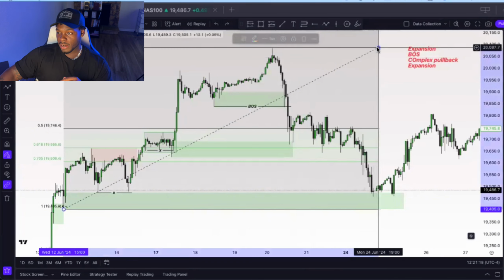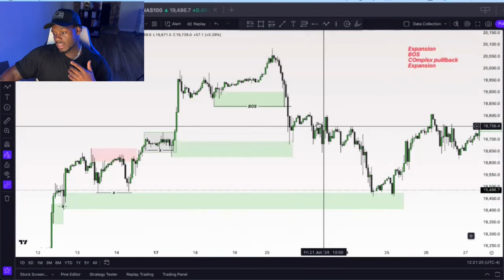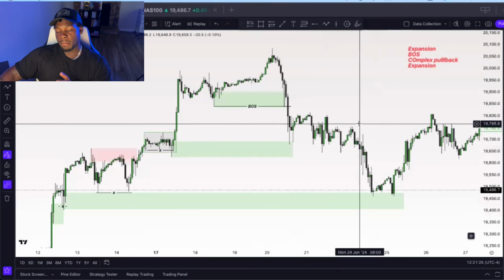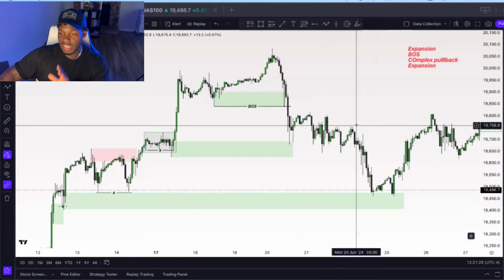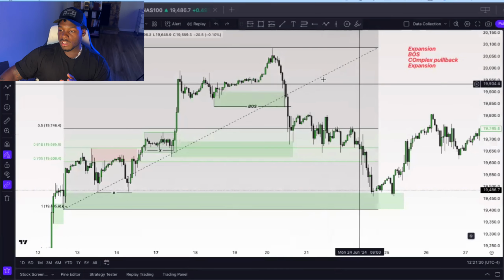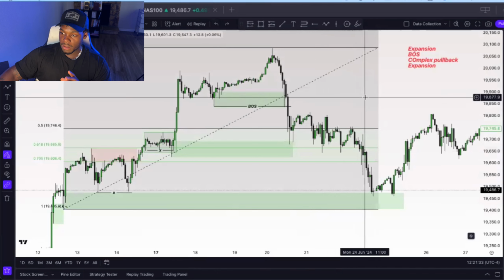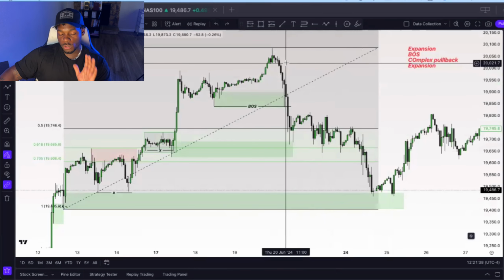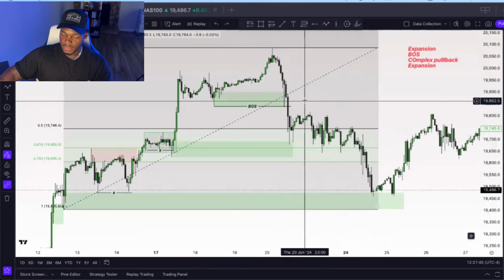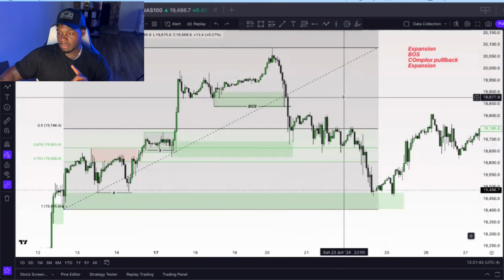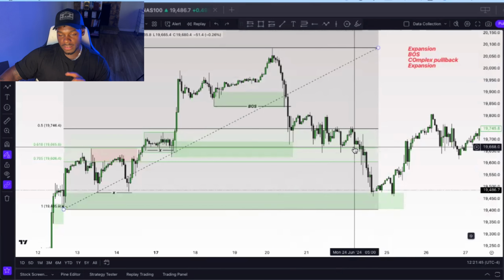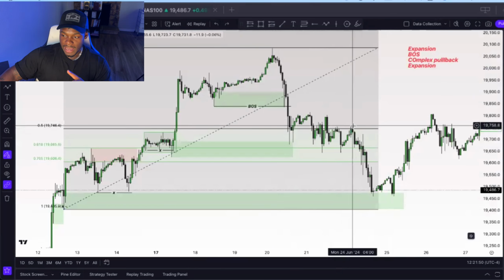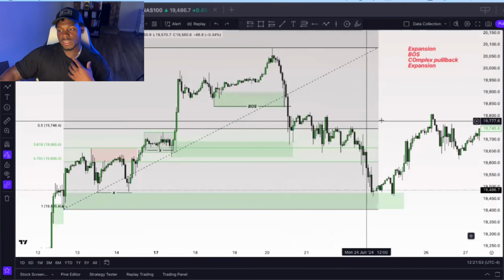Now let's say we were bearish and price was moving to the downside and we got back into the premium and we were looking to buy. So if we were looking to sell, but price was already back up here and we were looking to buy the market for a counter trend trade, so we were full-time bearish, right? But the market dipped into the 50%, dipped into the premium, and then dipped back down here. We are not looking to buy down here because we already tapped into some premium orders, where that buy tapping back in under the 50% could get wiped out because a lot more sellers stepped in